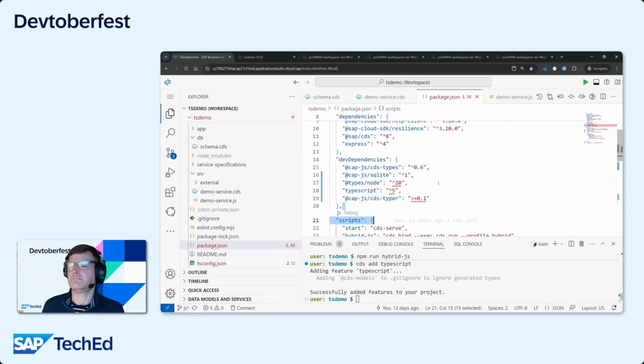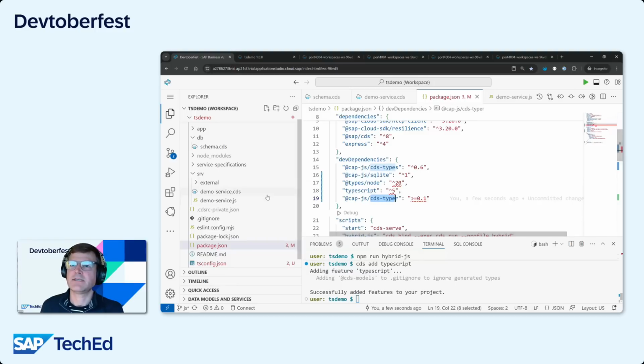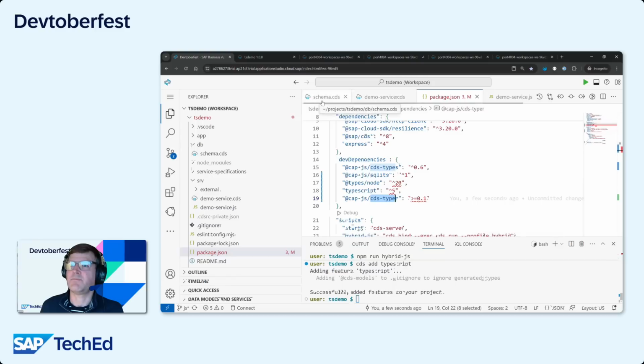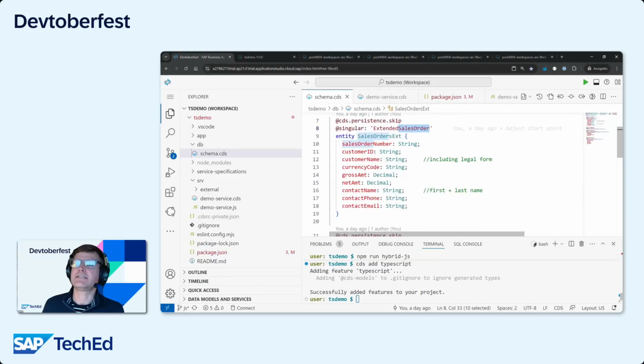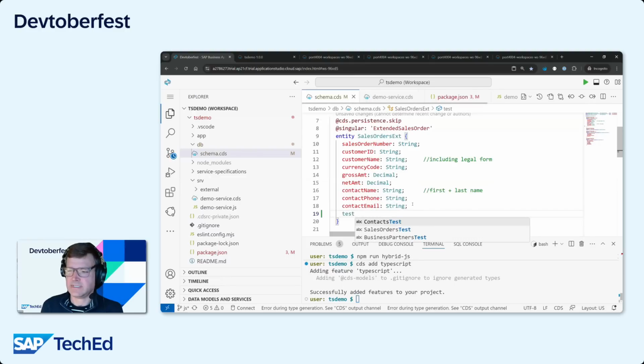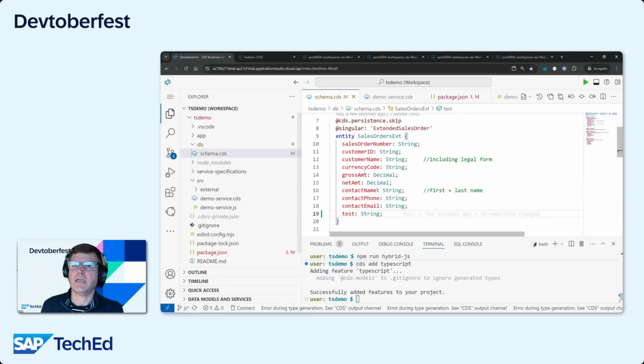So they reference the Node signatures. And we have this thing called CDS typer. What's that? Well, CDS typer is all about allowing us to very easily access types that we've created as part of our CAP application, what we're actually doing in our schema. So if we go back to our schema, for example, now this is our entity set where we're going to combine the data. And if I just add a new field here, called test, which is a string, you will see,